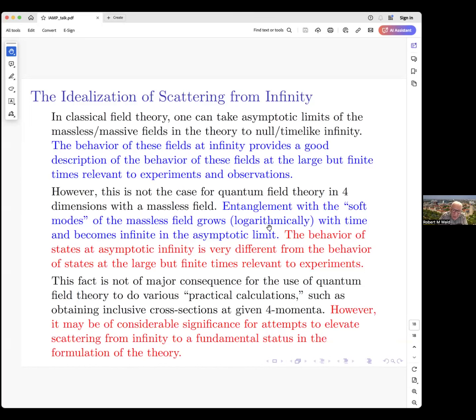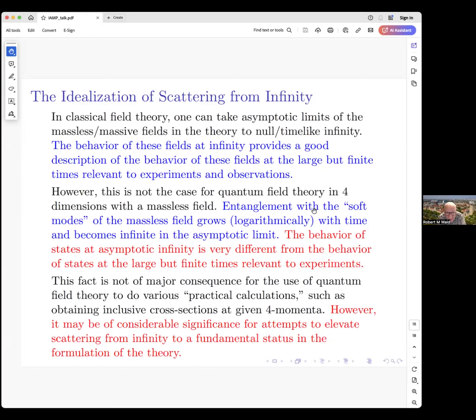And although this logarithmic growth, this decoherence effect, is completely negligible in laboratory experiments, it is infinite in the asymptotic limit. So what I'm saying is, in quantum field theory in 4 dimensions with a massless field,